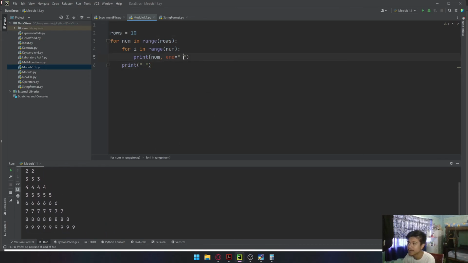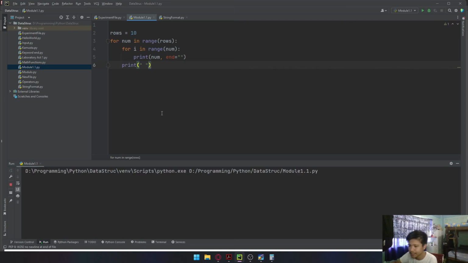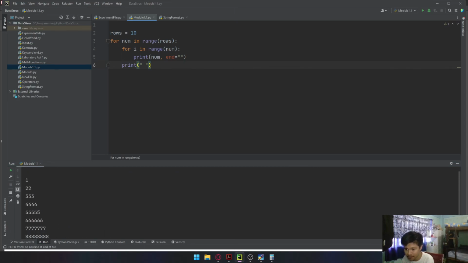Now, this part right here is the space on every character. So if I remove that one, then all of them will be sitting next to each other without a space. Okay, so 1 to 9. So let's bring that one back. While this one is the character at the end of each row right here. So of course it's blank, so you're not seeing anything. So end of row,